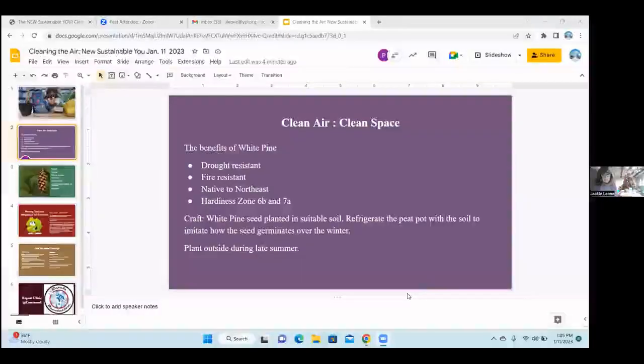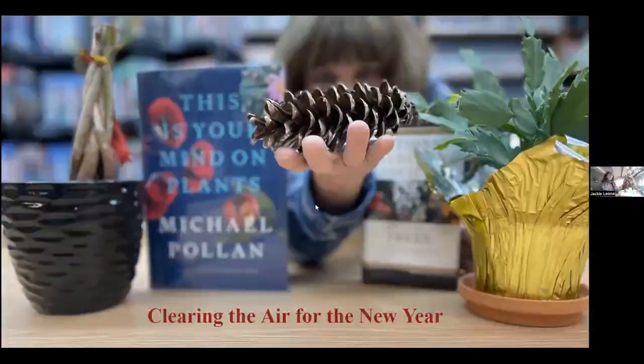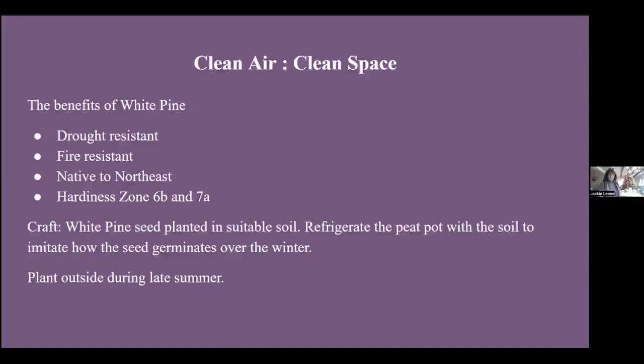Yes. Well, today what we're gonna do is talk about clearing the air, which is what we do. I always feel like when we get to January, we start, well, now I'm gonna clean everything out. It's about time. I'm going through all my Christmas ornaments and decorations and things like that. So I thought it would be a good starting point for the January thing, clearing the air, clearing space. And I don't mean clearing the air metaphorically. We're not going to clear. I don't have time for that. Okay, so